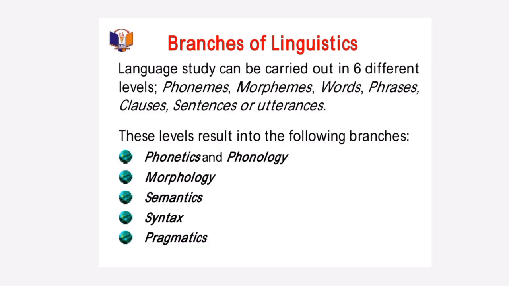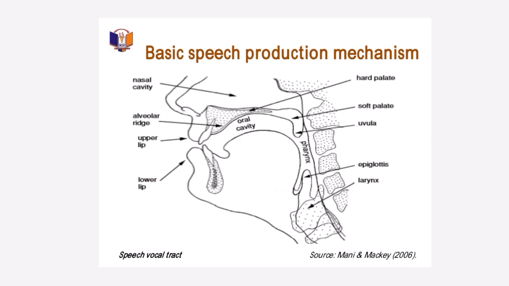Now, we move forward to basic speech production. How do we actually speak? Because linguists study the way sounds are produced. These sounds that are produced, this speech that we make, the communication, they are made up of sound signals. How does it actually generate? How do we speak? How does it come about? There are some speech organs in the body. They have a primary function, but their secondary function is the production of speech. How does it originate?